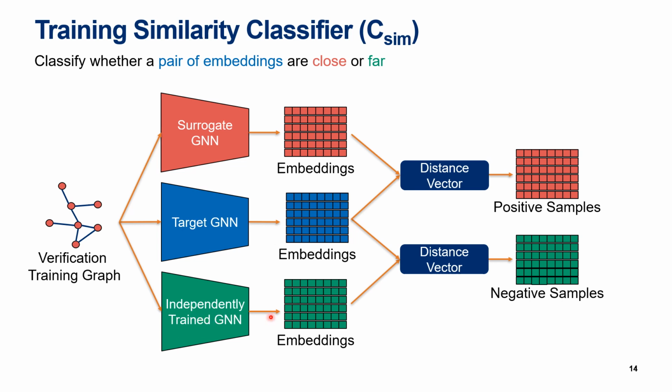And what we do then is that we generate embeddings from all three GNNs. We calculate a distance vector between the surrogate GNN embeddings and the target GNN embeddings, which form our positive samples. We also generate the distance vector between the target GNN and the independent GNN embeddings, which then form our negative